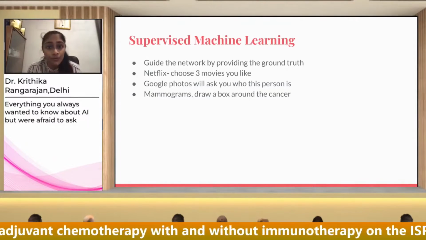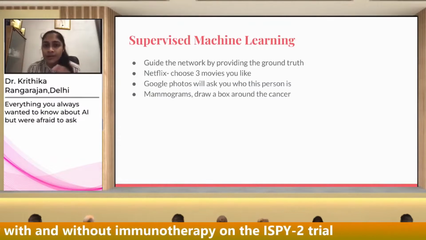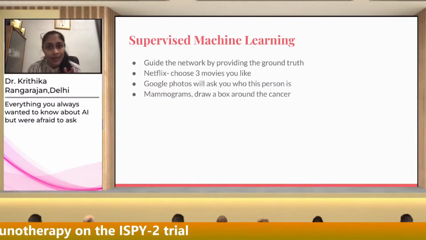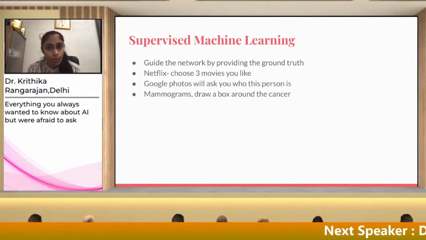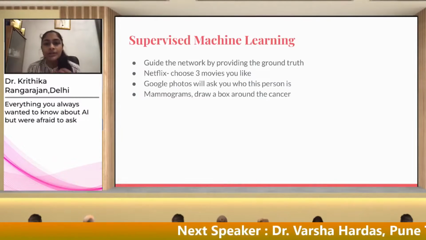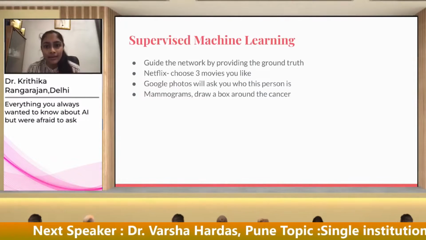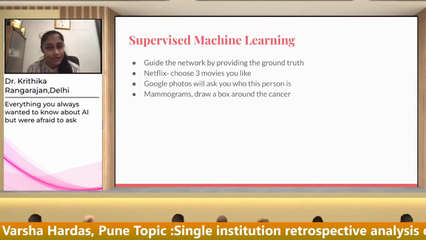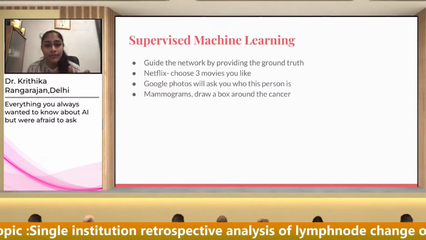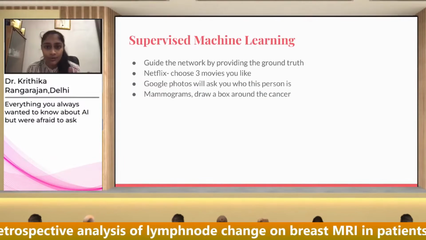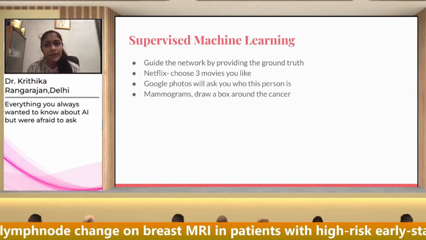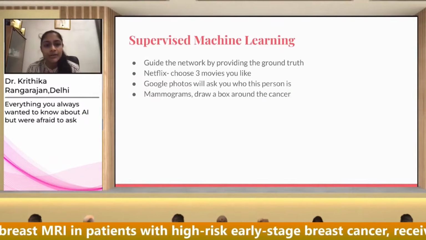Similarly, when you go to Google Photos, it first asks you to pick out and name the people. It picks out some faces and asks, what do you call this person? So this is you guiding Google Photos and telling it that this is the person. The ground truth you are providing is the name of the person that you would like Google Photos to identify for you. Similarly, if you were to take this to mammograms,